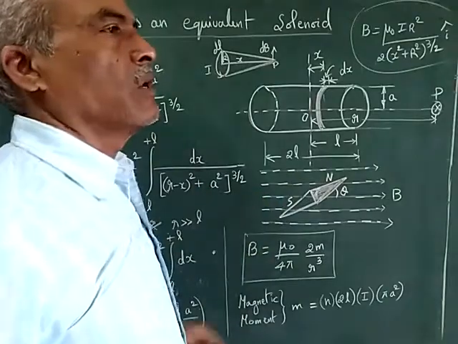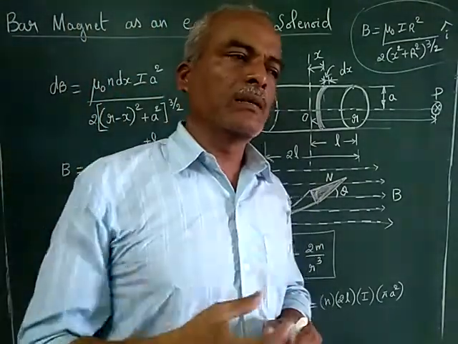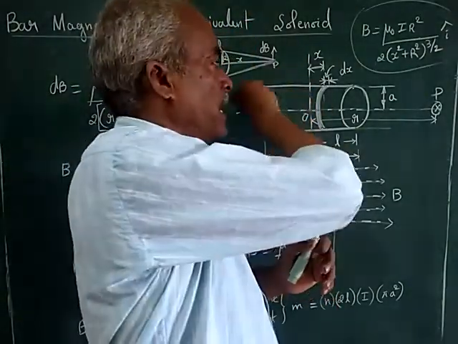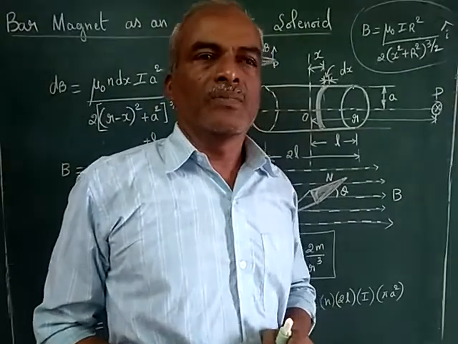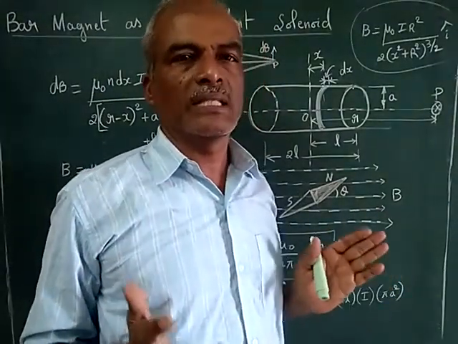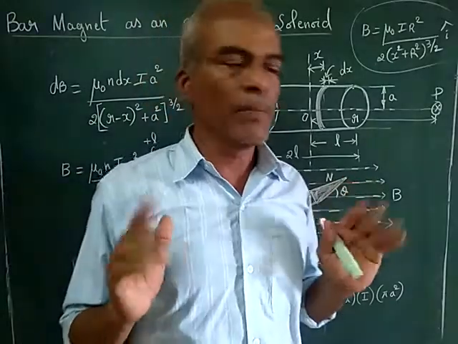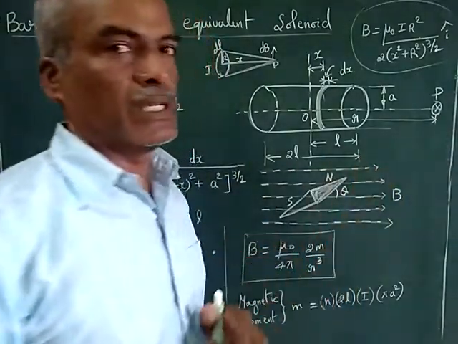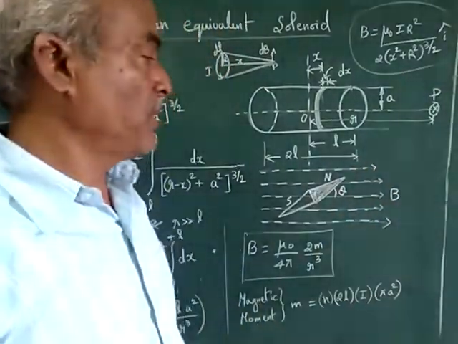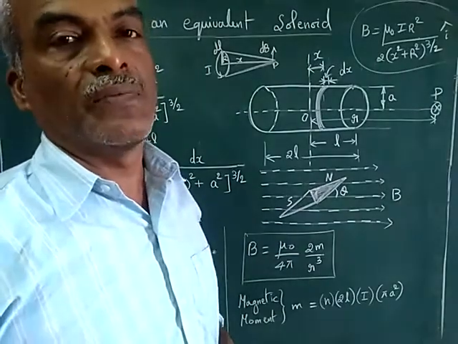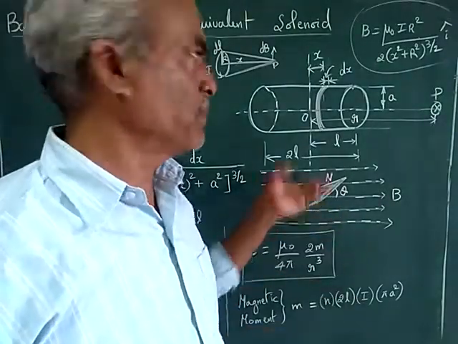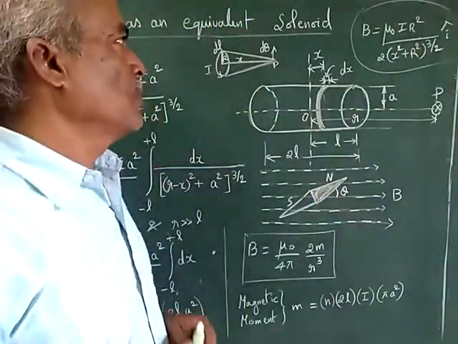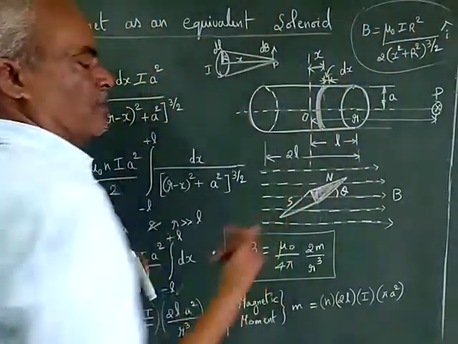For this solenoid we have already seen that more than 98% of the magnetic flux density concentrates inside the coil. Therefore we can view a solenoid as equivalent to a bar magnet. If you have a bar magnet with a constant magnetic field B, the magnetic needle tries to deflect and produces an angle theta. The same thing happens with this solenoid also. So we make use of this formula for deriving our result.